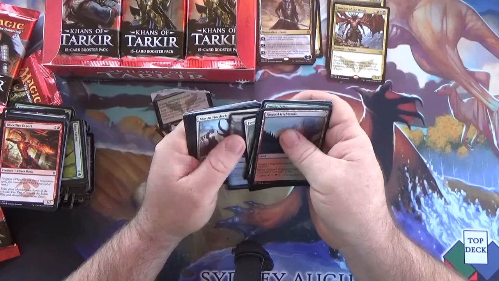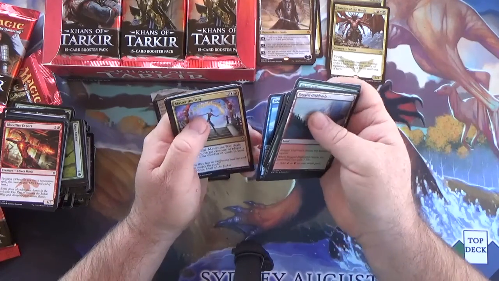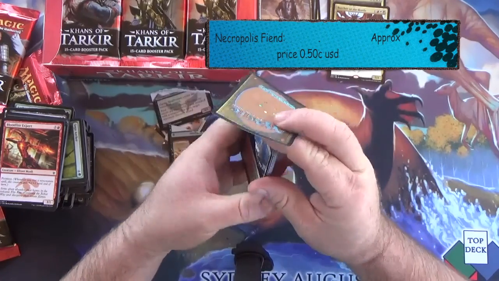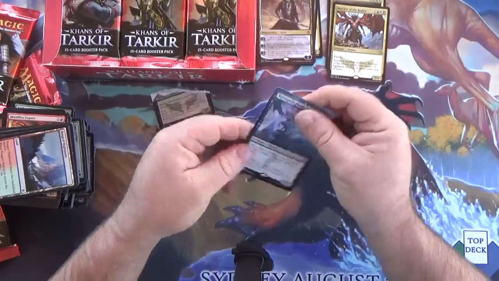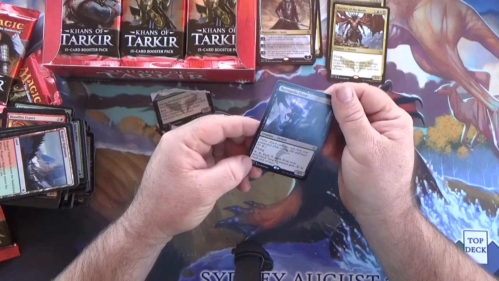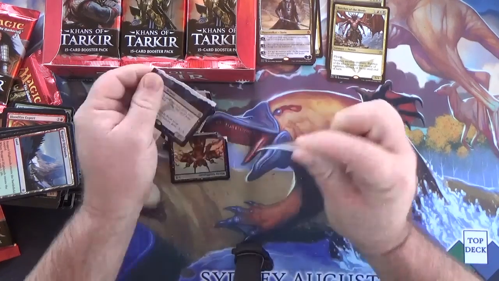Will it be the fetch? We haven't had a fetch yet. Necropolis Fiend. Delve. I do like him. But